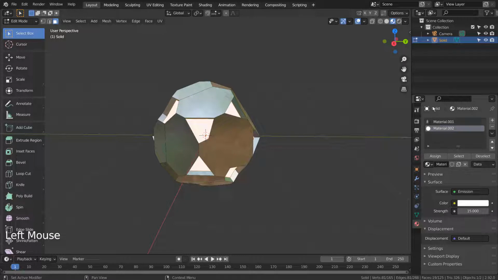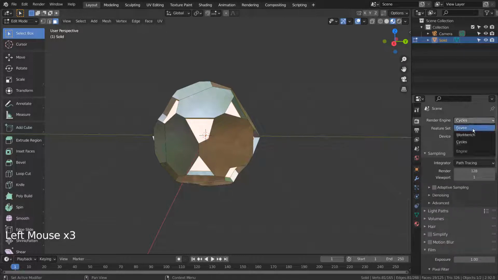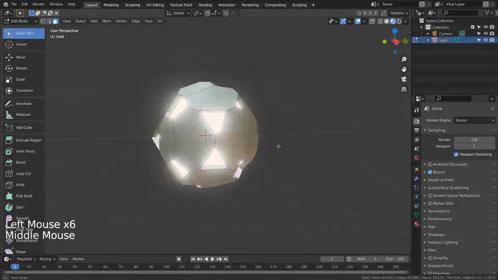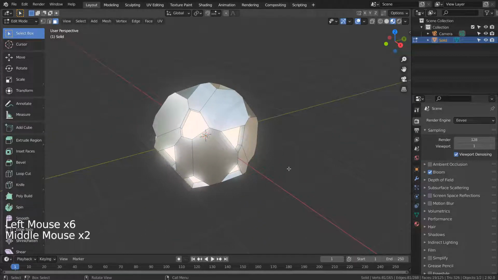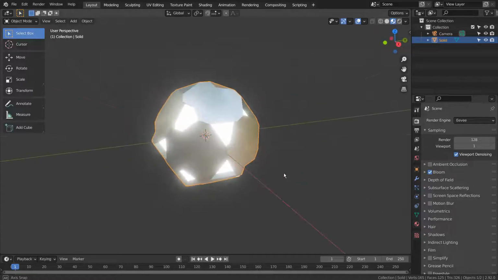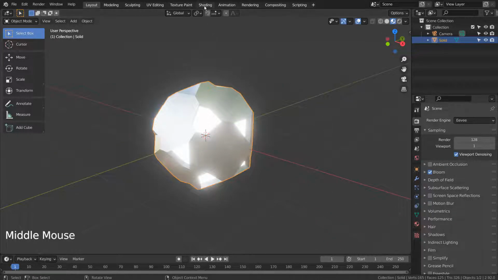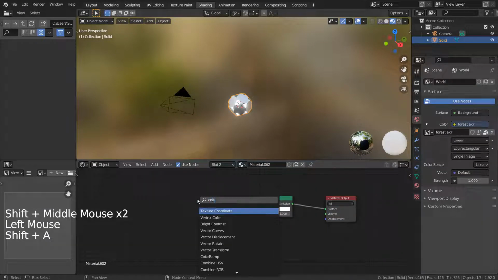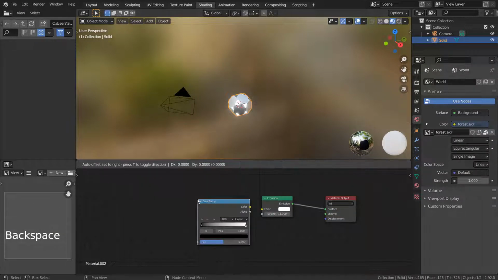Please change the render engine to Eevee and activate Bloom. For the emission shader, I'll add the usual random color nodes like this.